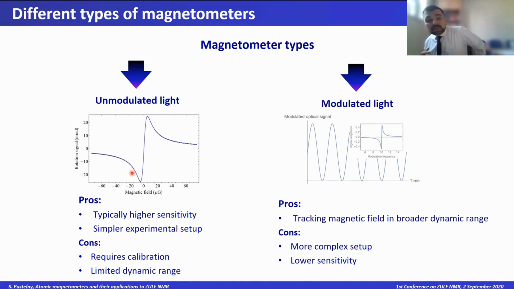To address this issue, you can replace your CW light with a modulated light. So now you are not illuminating your atoms with a CW light, but you are strobing, flashing light on your system. This means that you have some sort of control over the time when it interacts. So even if you are not controlling exact timing, by appropriately choosing the frequency of this modulation, you can synchronize the precession of all spins. So now all spins will be moving synchronously.